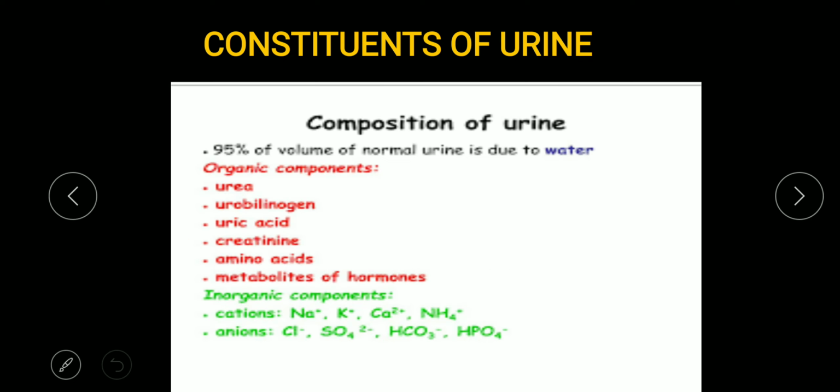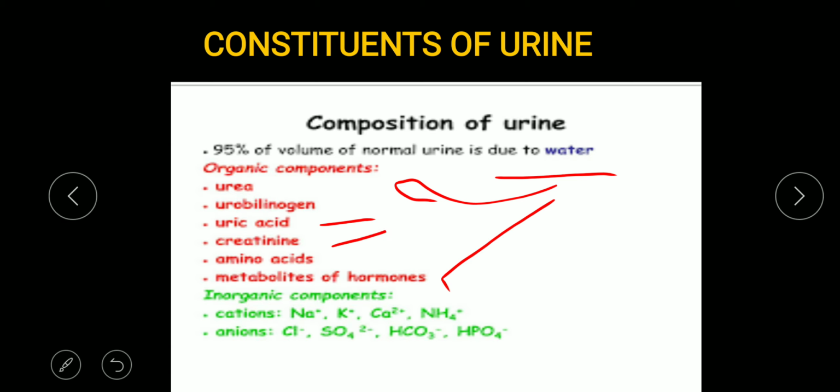Now what are the constituents of urine? 95% volume of the urine is water. Then the constituents are divided into two categories, that is organic constituents and inorganic constituents. Organic constituents include urea, uric acid, creatinine, amino acid and metabolites of hormone. Okay, urobilinogen, this is also an organic component, but it is not in your syllabus, which provides the pigmentation